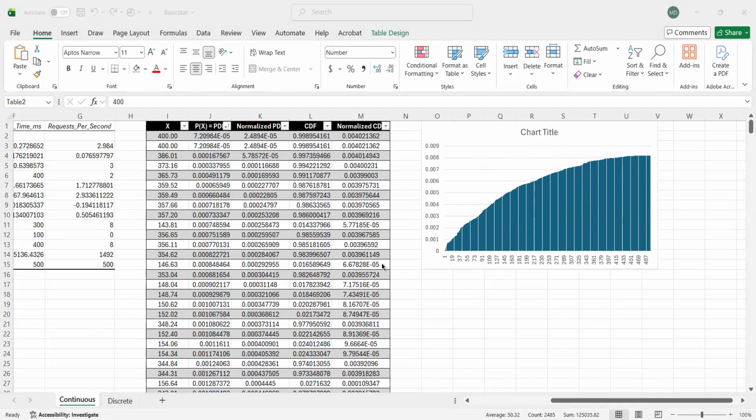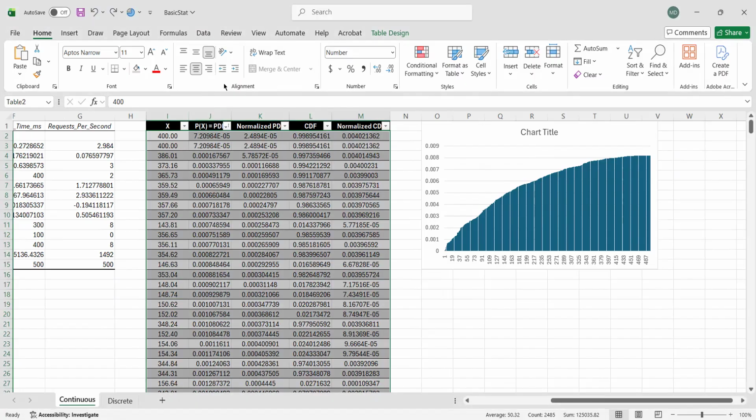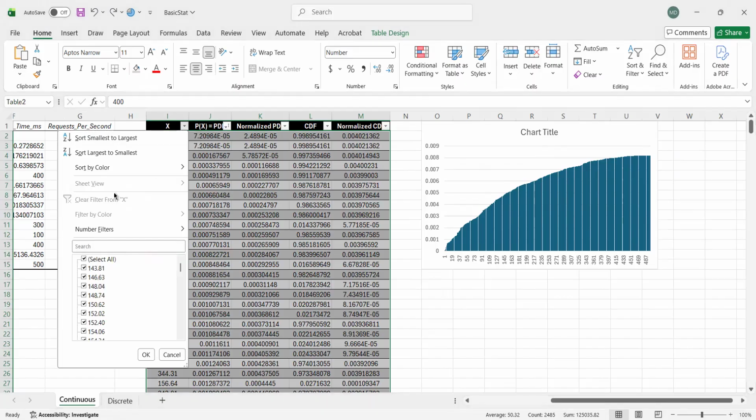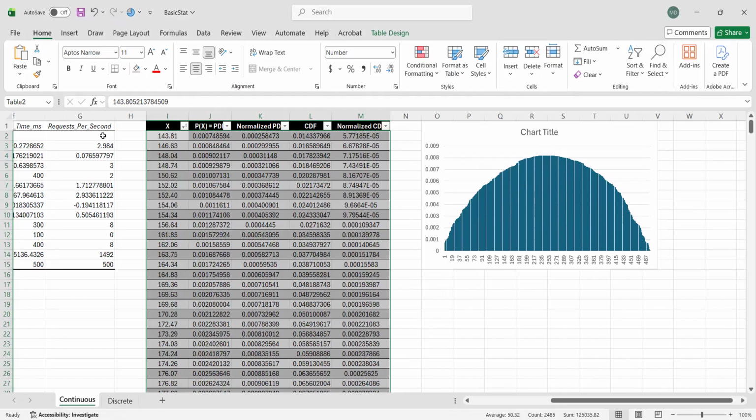I forgot. We should sort it instead according to the x values, the observation itself, not the P of X. So we sort it, and as you can see, we have this result. We have this distribution.